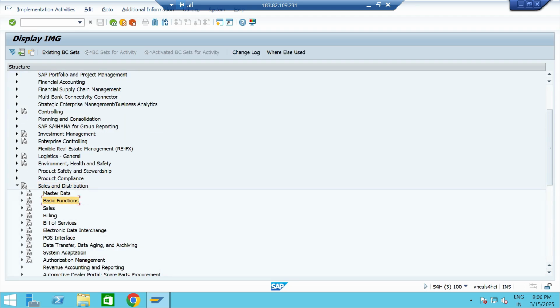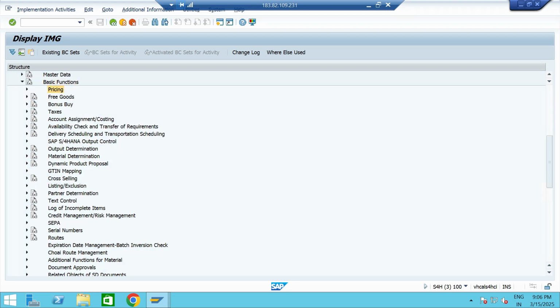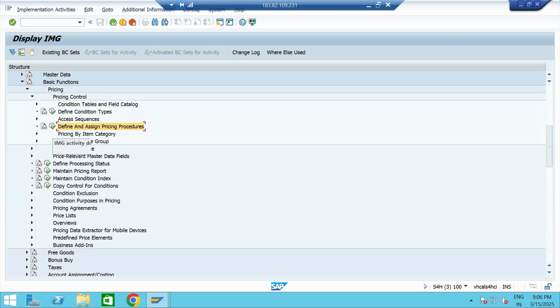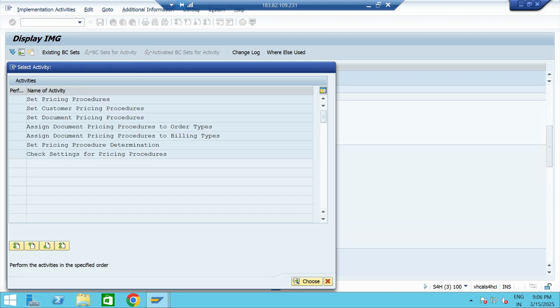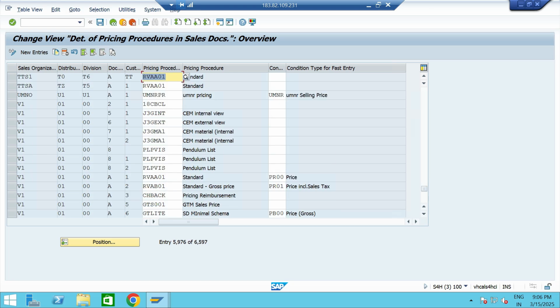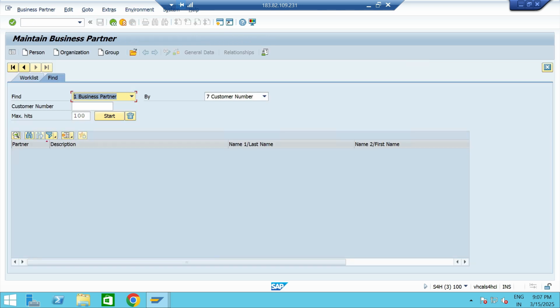So then go to basic functions, pricing, pricing control, define and assign pricing procedure, execute, set pricing procedure determination, select position, enter the sales organization, TTS1. So here the customer pricing procedure is TT, it is not 1, actually it is TT. Go to /n BP, select our customer